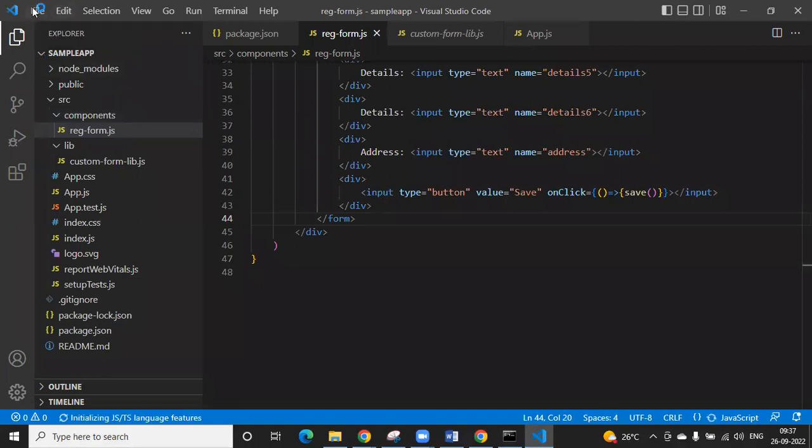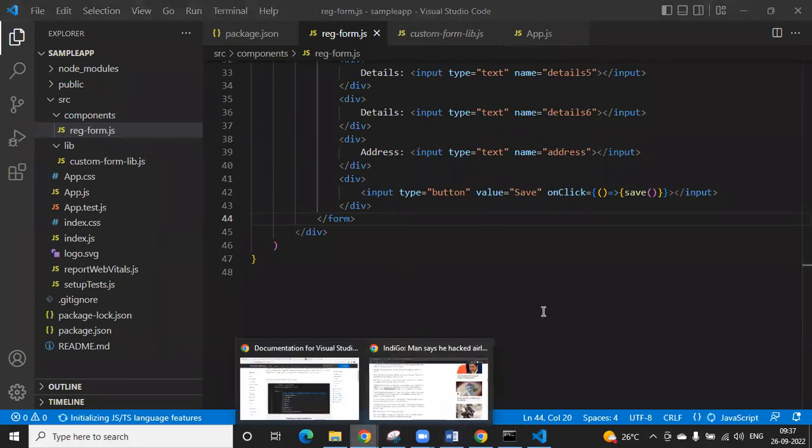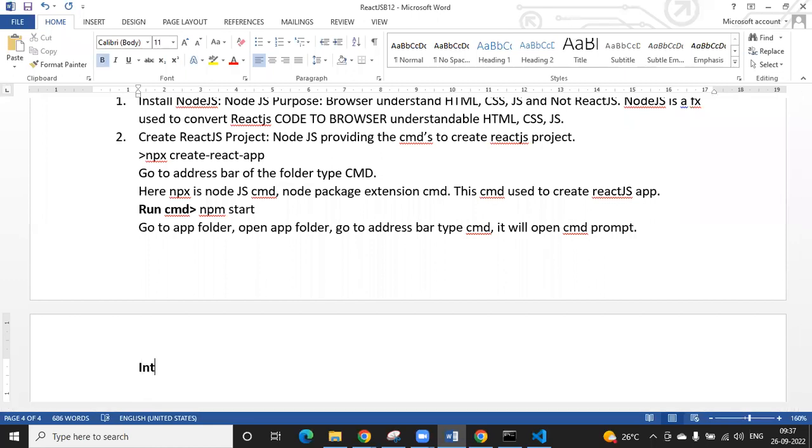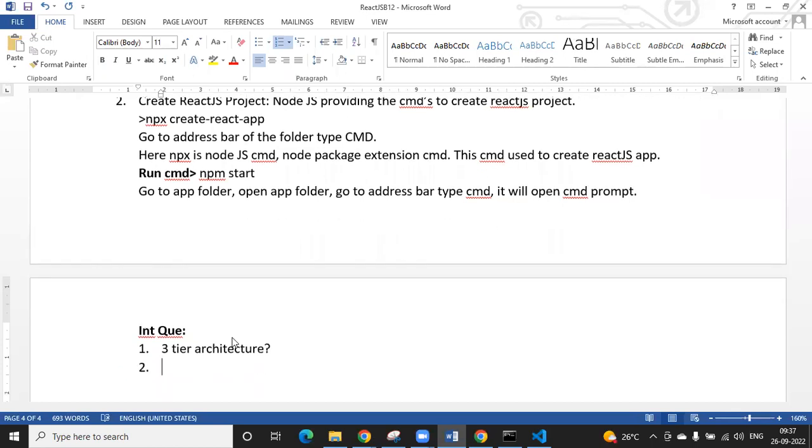So as of now, team, what you need to do: today's lab. From here, we'll continue tomorrow. So what we have discussed: 3-tier architecture. What is a 3-tier architecture?